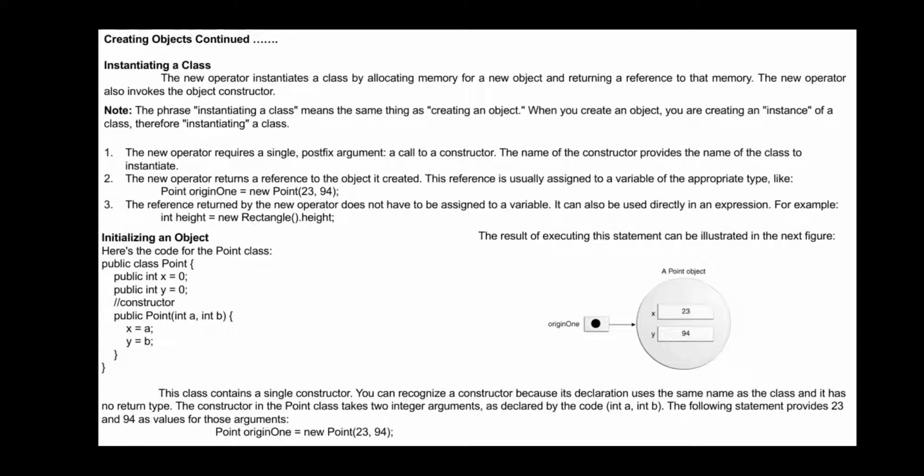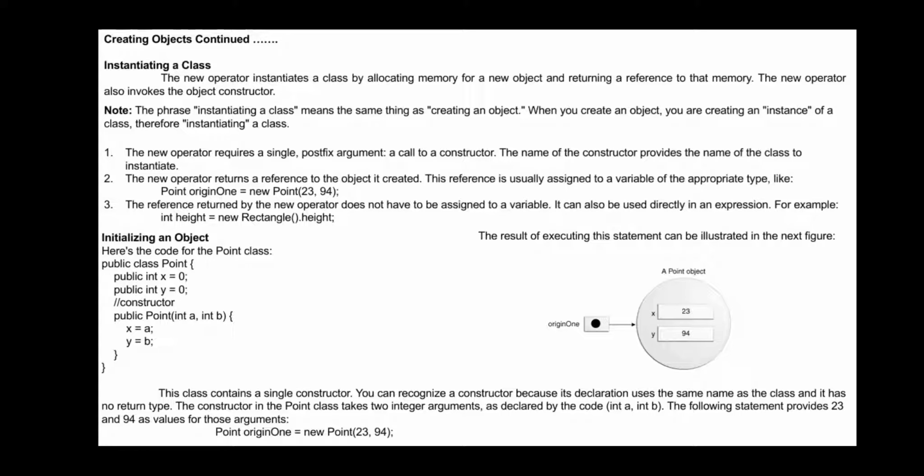In the previous session it was said that if a function name is the same as your class name, we call that a constructor. And through the constructor you are creating an object, which is going to be instantiated or initialized.